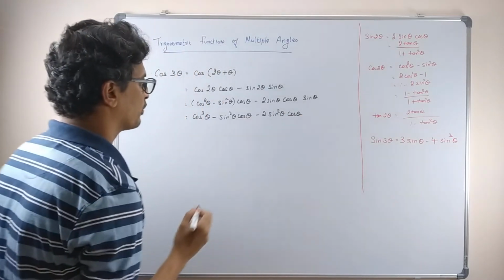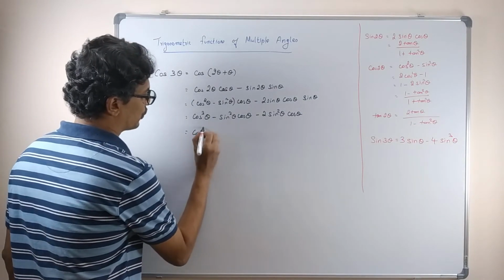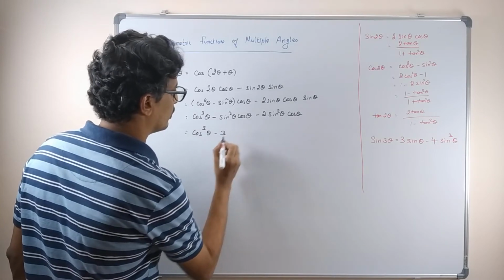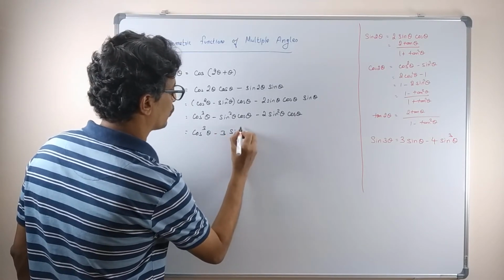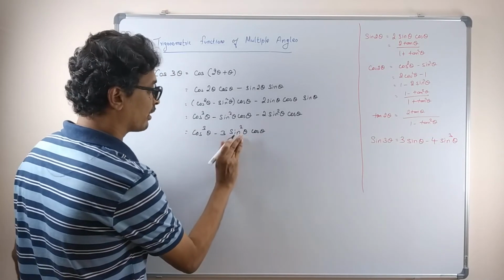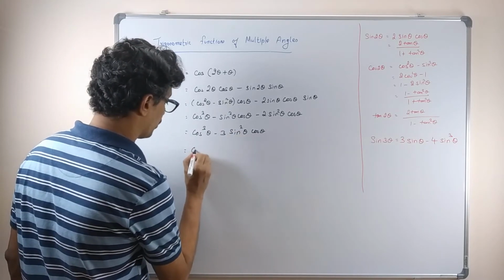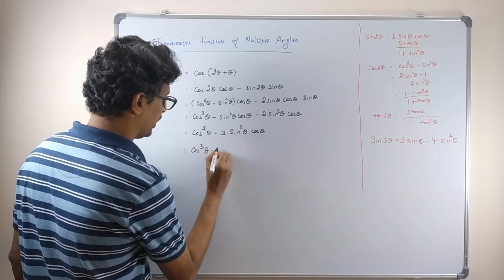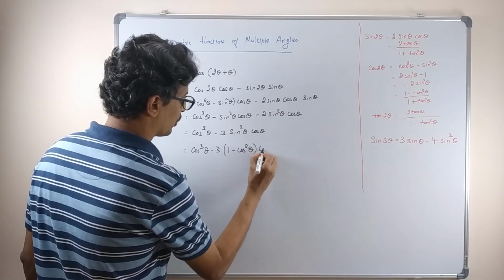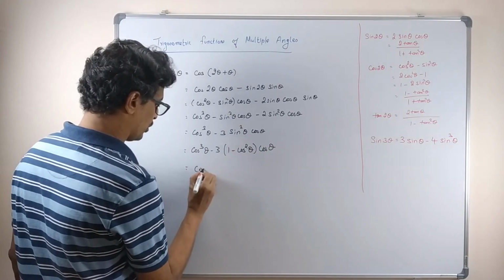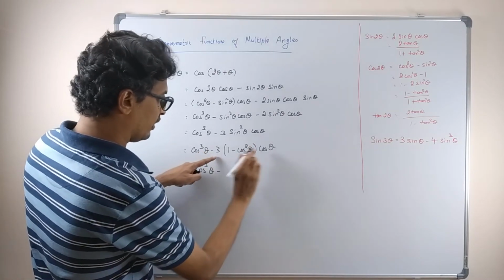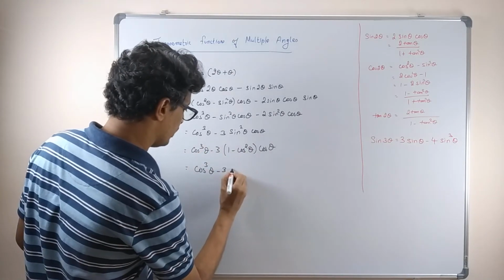We are getting the same type of formula. Correct? So cos cube theta minus 3 sin square theta cos theta. Since you want to express it in cos, I will express sin square in terms of cos. So cos cube theta minus 3 into 1 minus cos square theta into cos theta. So this will be cos cube theta minus 3 cos theta. Correct? Minus 3 cos theta.